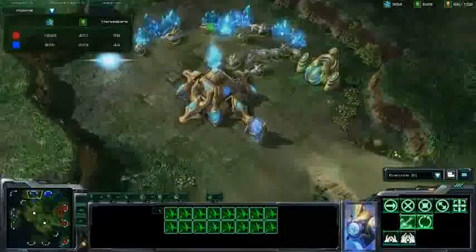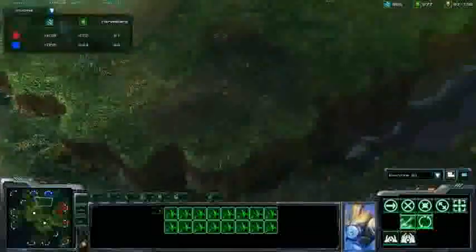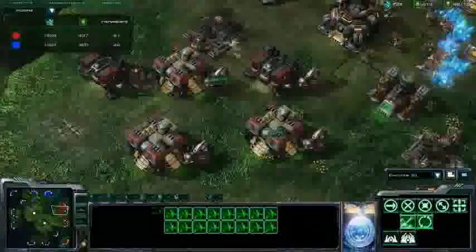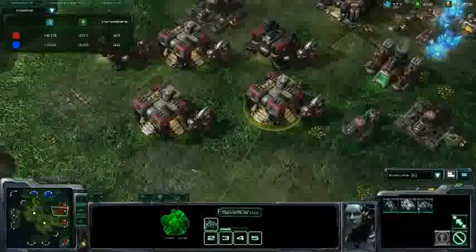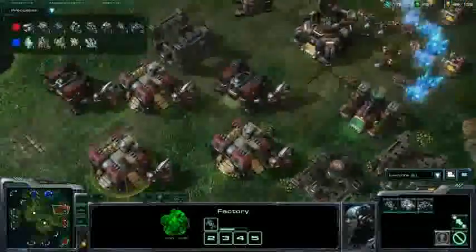Now, David Kim didn't really kill very many probes there, but he didn't need to. We saw him take down a pylon, we saw him take down an assimilator as well. But the real benefit for David Kim at that point was that he forced Yun Ho to pull away his probes, meaning that he wasn't mining from one of his bases. Yeah, all of those workers not operating for that long a period of time is a real